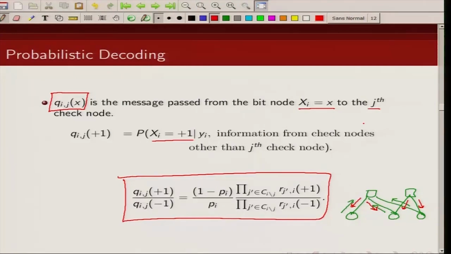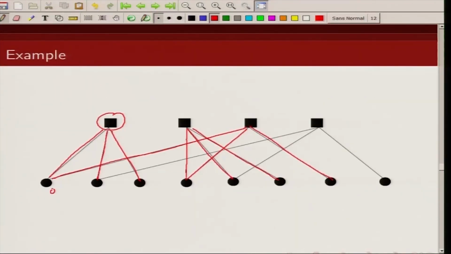So if you label your nodes 0, 1, 2, 3, 4 and similarly label the parity check constraints, you need to compute your Qis for this example. So this is 0, 1, 2, 3, 4, 5, 6, 7. Similarly, this is 0, 1, 2, 3. So you will compute